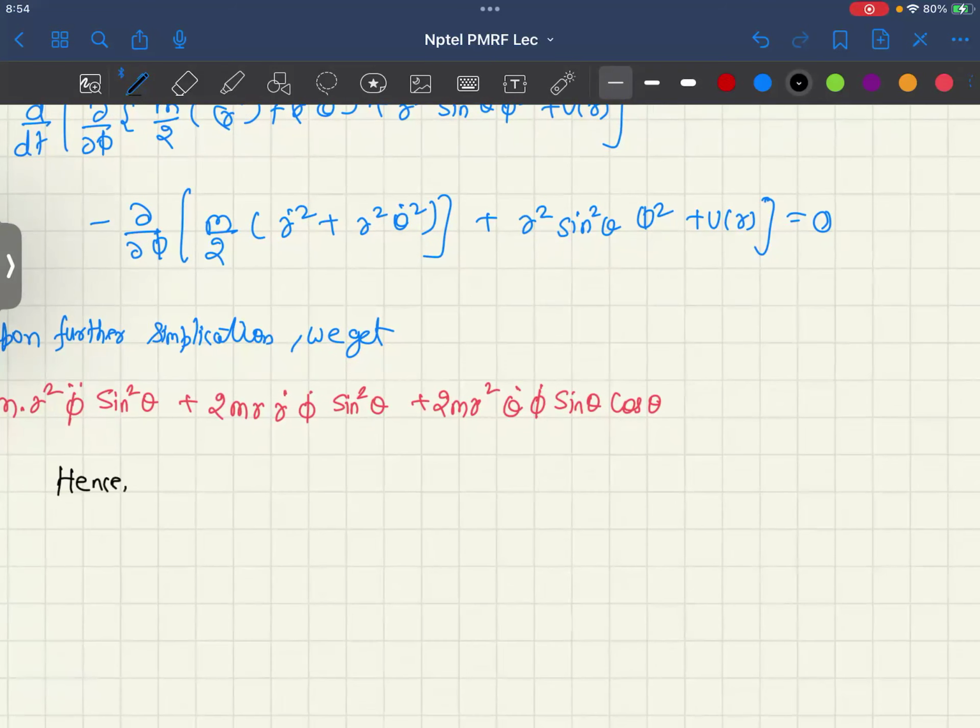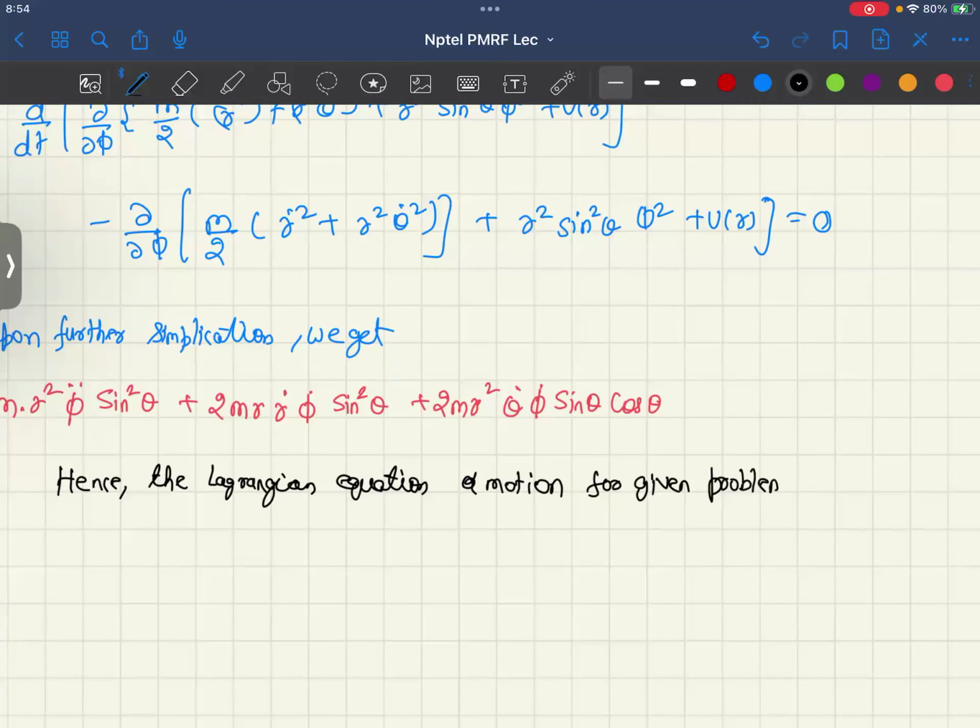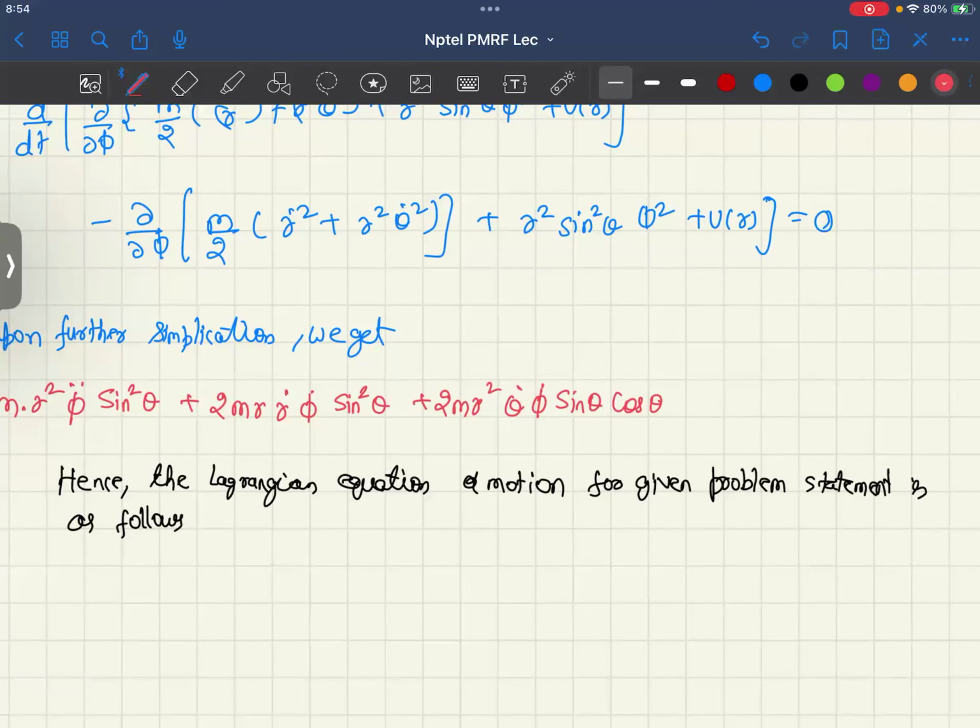Hence, the Lagrangian equation of motion for the given problem statement is as follows, which is m r double dot minus m r theta dot square plus sin square theta into phi dot square, plus ∂ by ∂r of U of r is equal to 0,